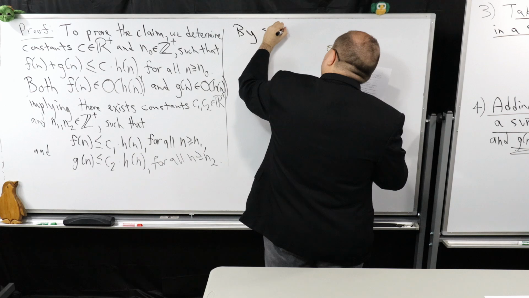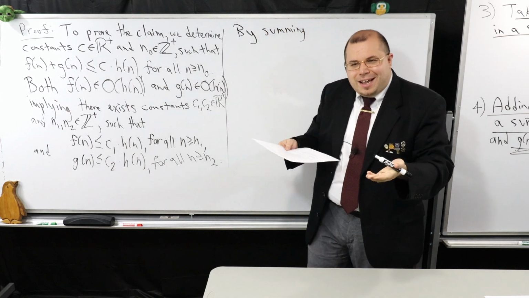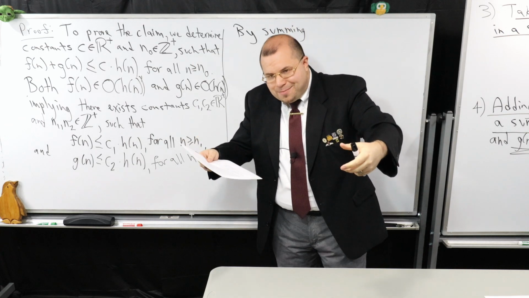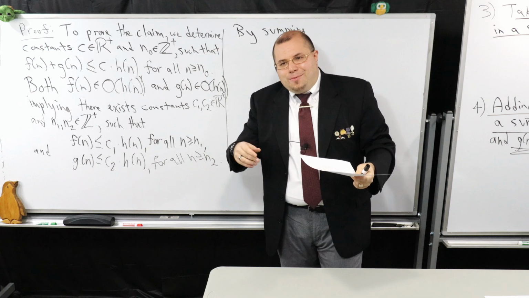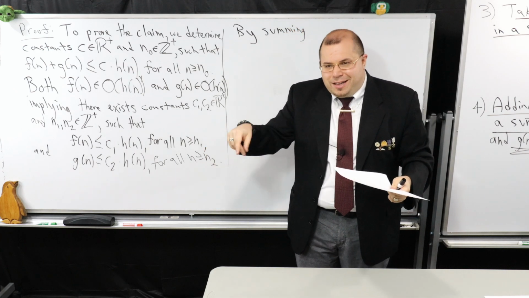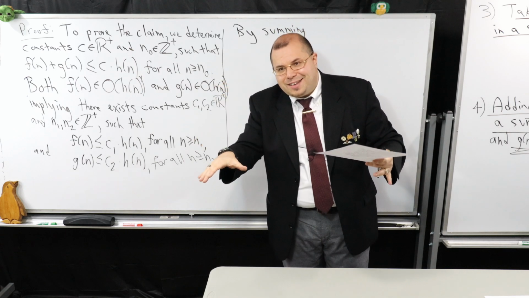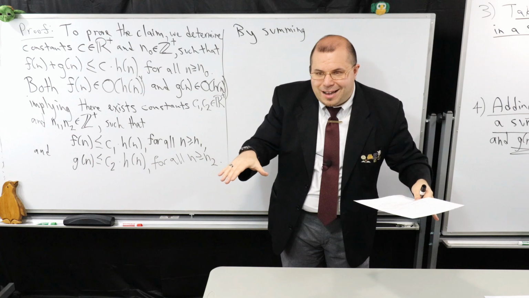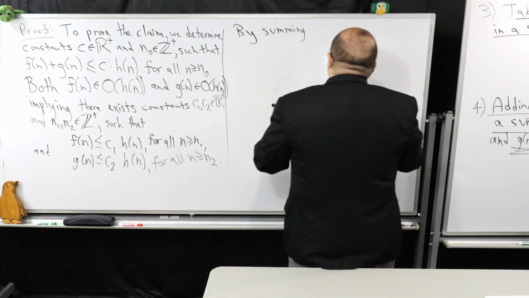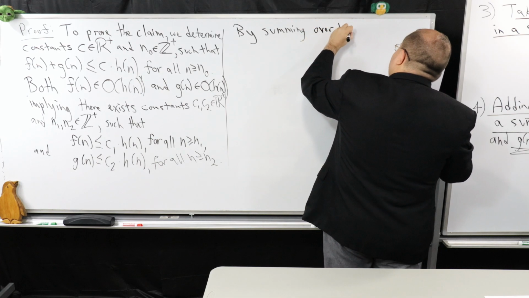By summing, so I'm going to use that. Remember the last day I used that bucketing idea where I take the inequalities and I sum over them? And I say, okay, well, if everything on this side is less or equal to the thing on that side for each one of the inequalities, then when I sum over all the inequalities, everything on the left side must be less or equal to everything on the right-hand side. I'm going to use that same strategy right here. So by summing over both inequalities,